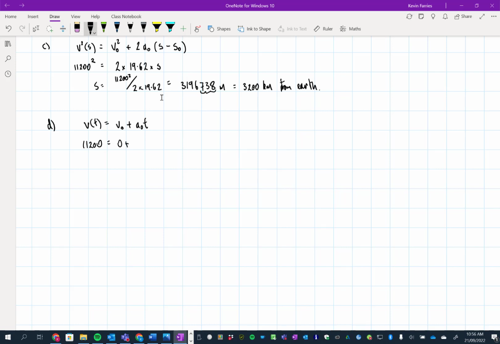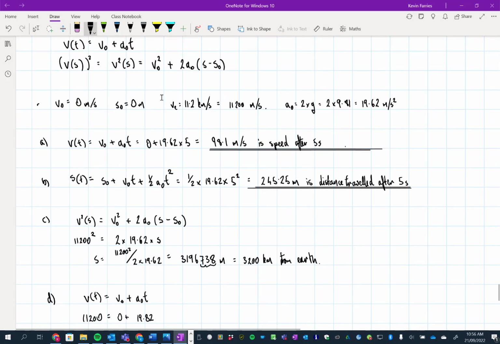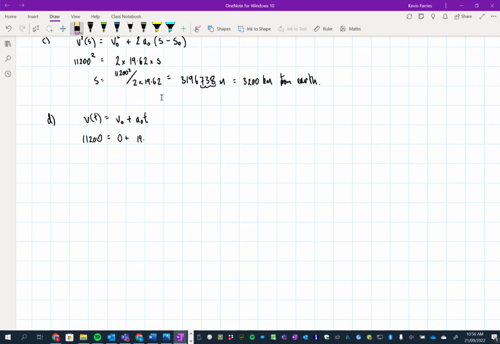It's going to be equal to 0 plus 19 point, what was it? 82? Why did I put 19.62? Ah, it is 19.62, that's why. So 19.62 times t. So that means just divide both sides by 19.62. T is going to be equal to 1,200 divided by 19.62, which is equal to 571